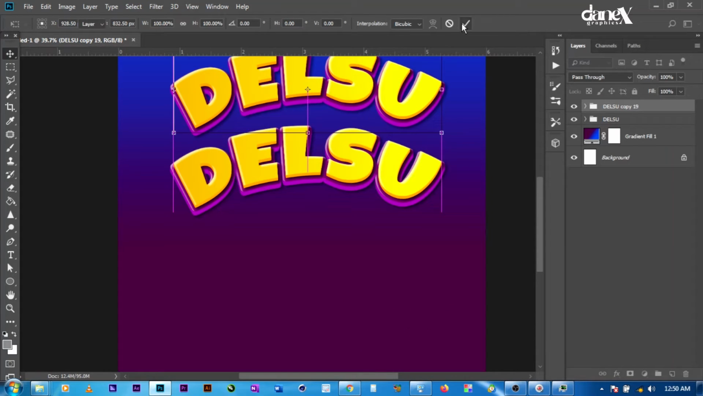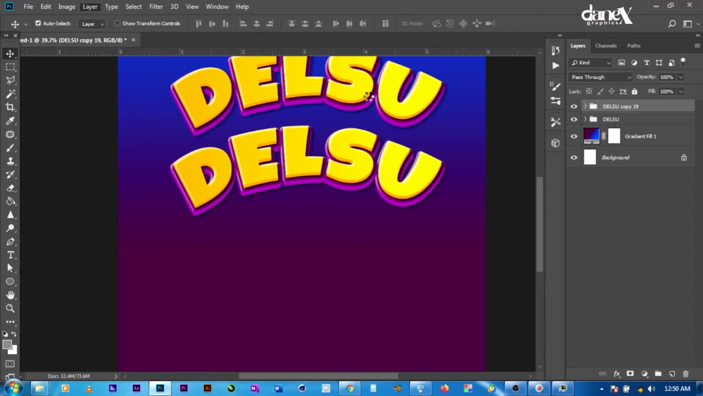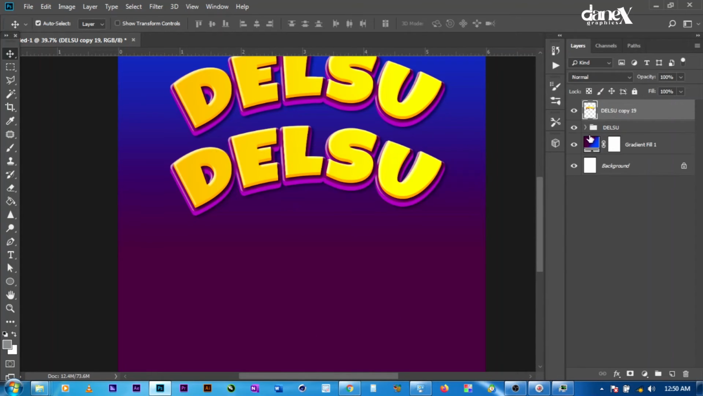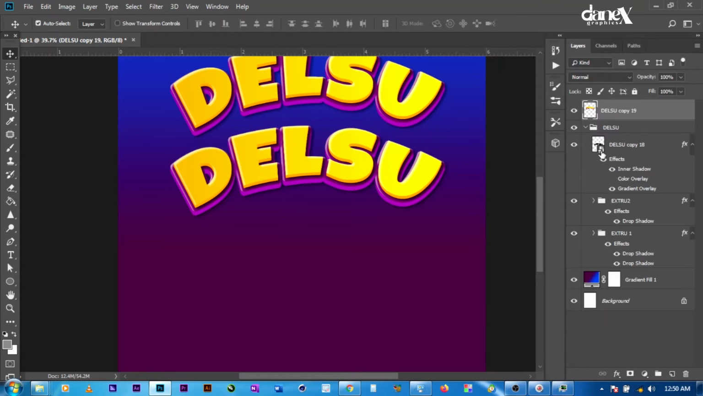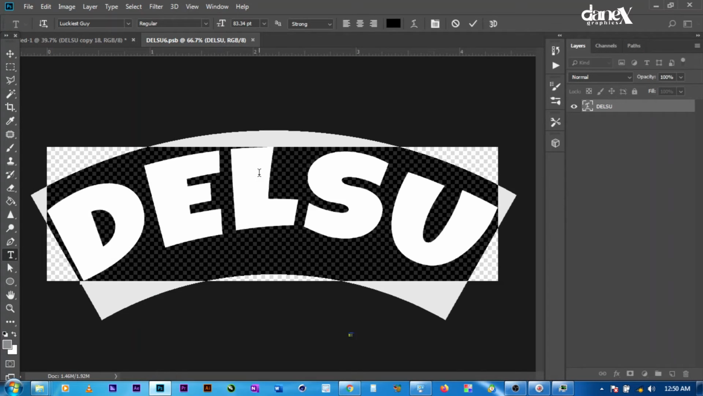Okay, now we are going to flatten this entire group here by coming to Layer, Mesh Group. We are doing this so that it will be easy for us to move it around the page. Now the next thing we will do is to bring in our other text by opening this group and clicking on this thumbnail here. Take our text, click once on the text, press Ctrl A and type in the text